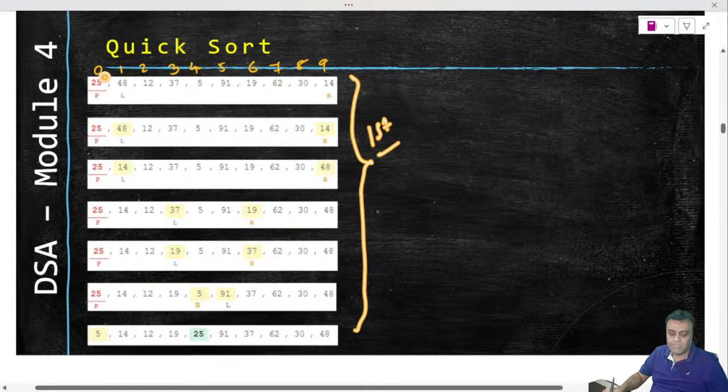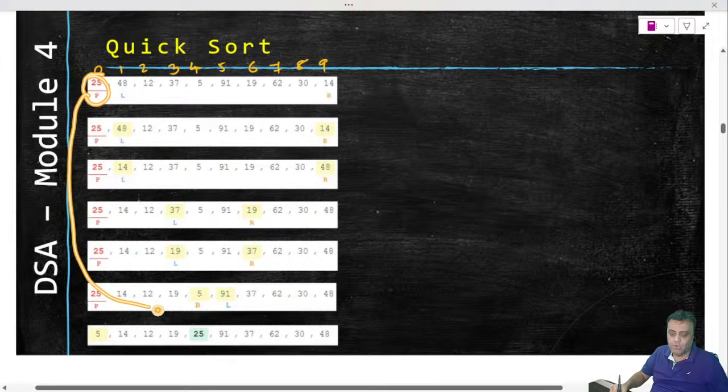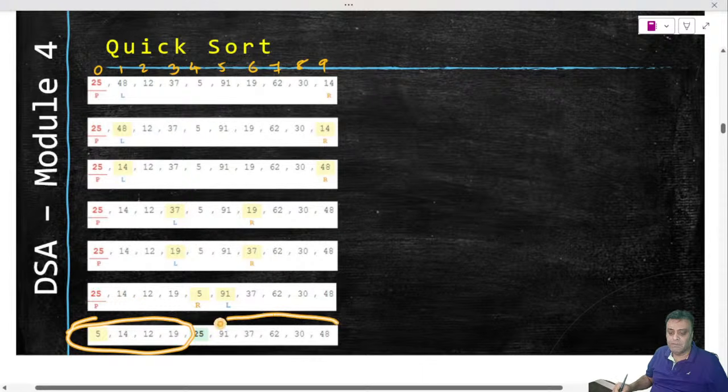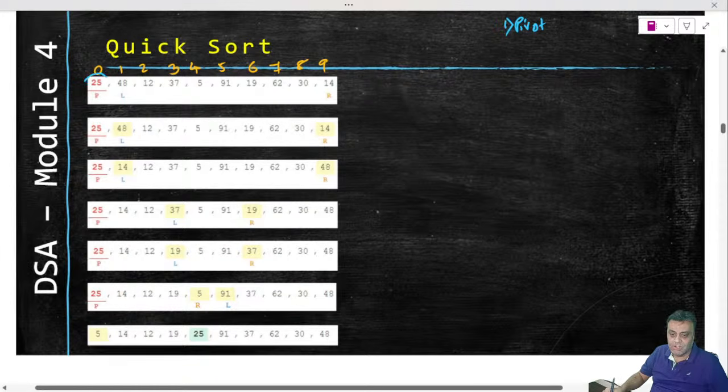After the first iteration, this 25 will go to the right place. All elements to the left of 25 will be less, all elements to the right of 25 will be more. So these are the basic two things we will take. The element that I am choosing is called the pivot element, right? The pivot element will be at the right place,